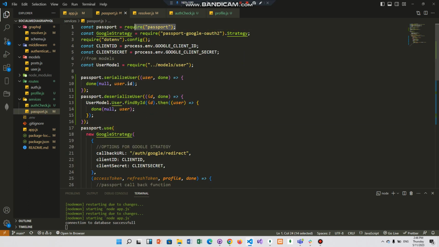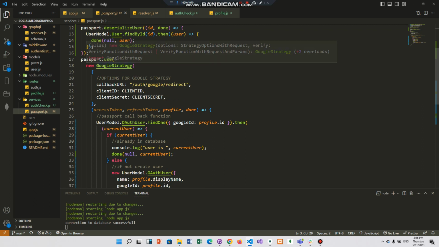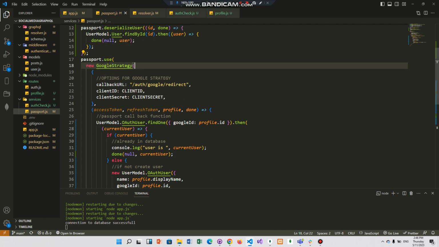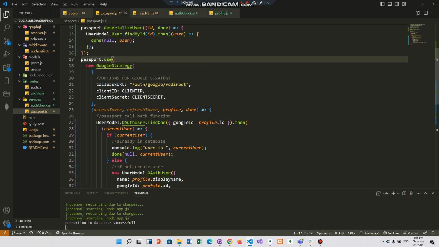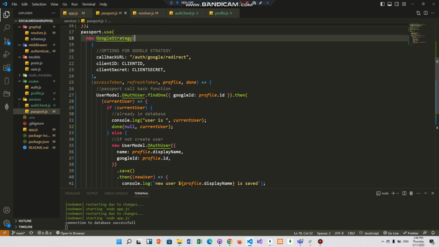So in here I import passport, then I import the Google strategy that I'll use, and then in my environment variable I have my client ID and my client secret that is coming from Google. And then from there onwards I have my passport. The way that I usually use the middleware router, I'm using here passport as a middleware. Then I call the method use, then I invoke a new instance of Google strategy,